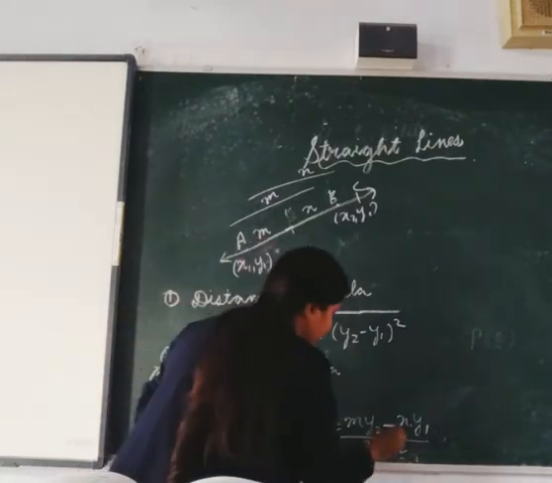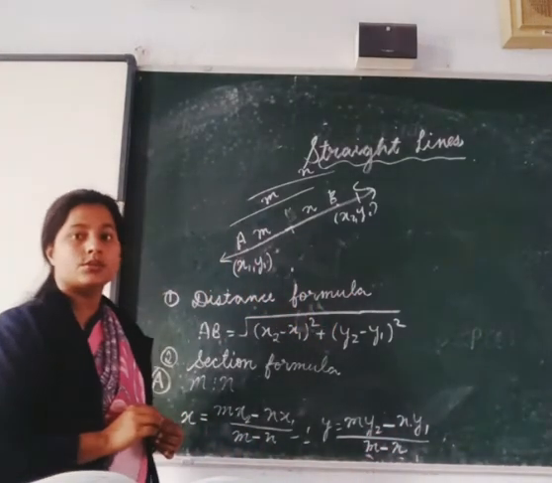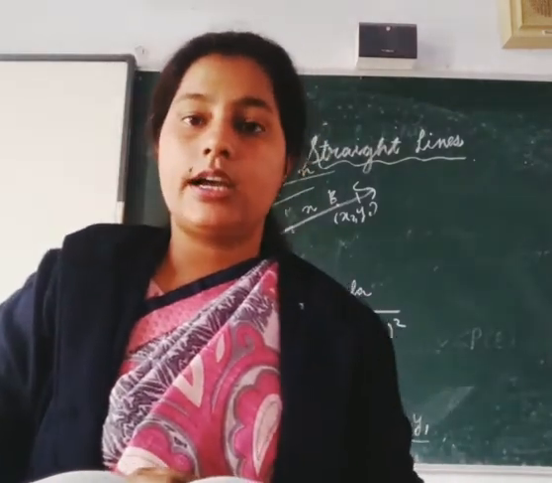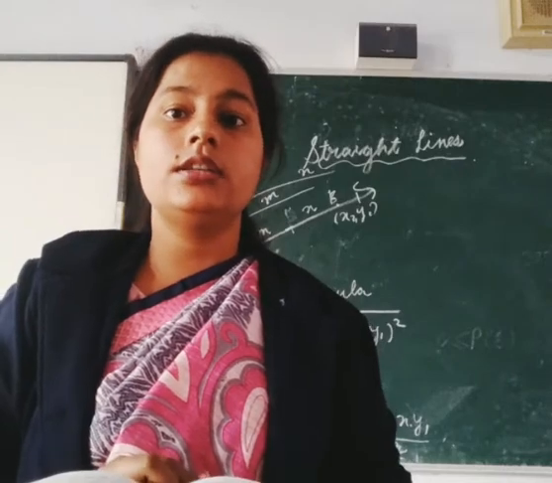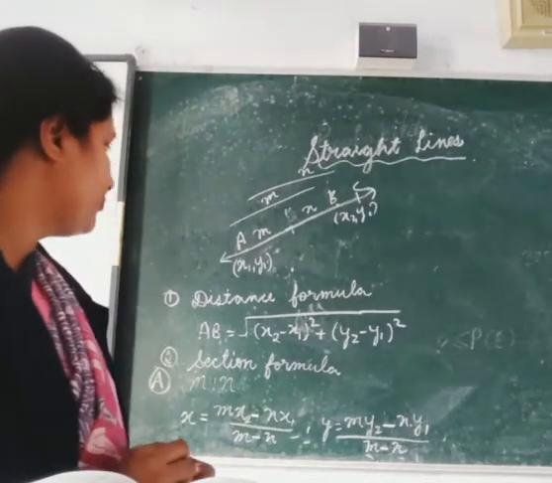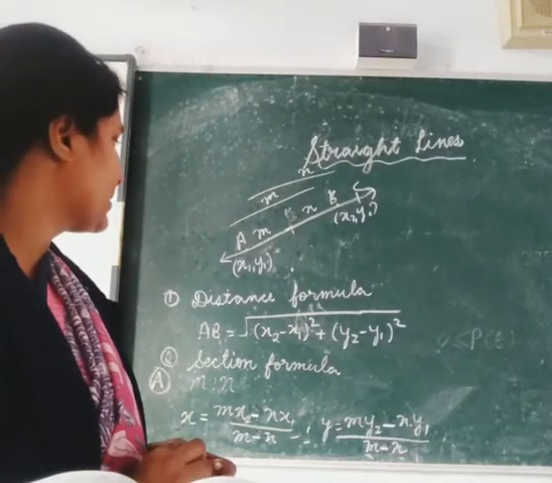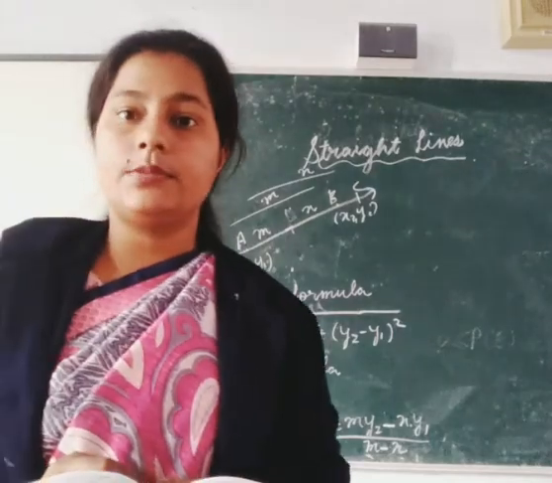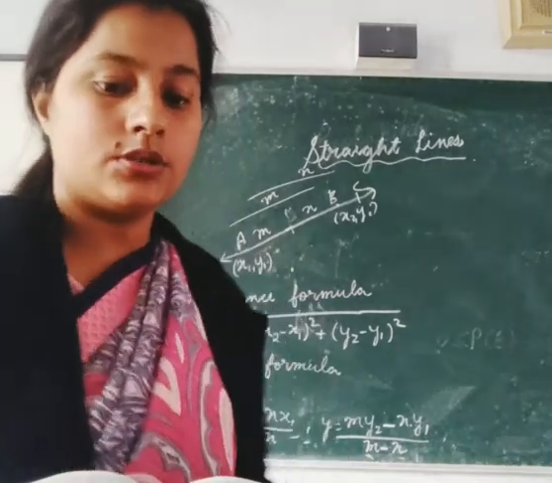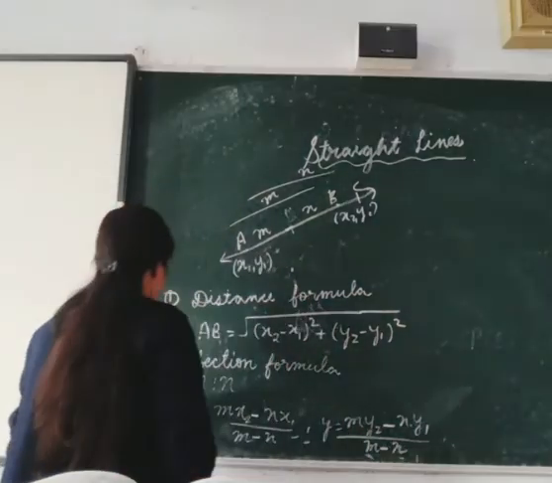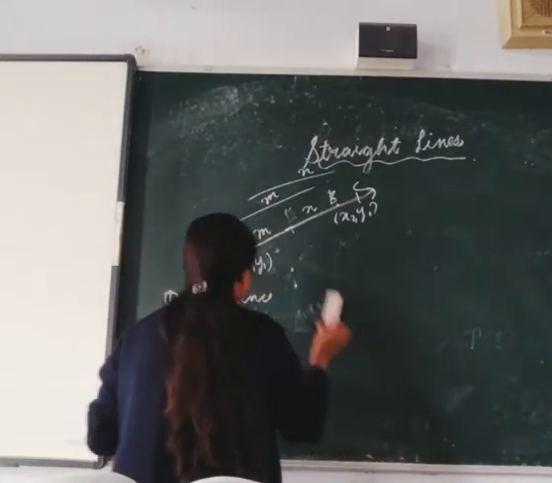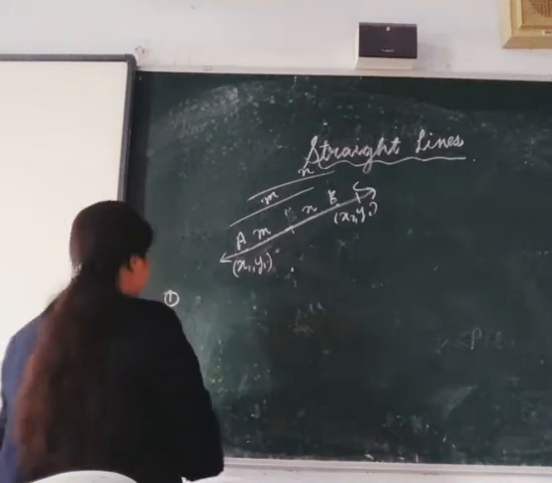The sign will become minus in these cases. So whenever we talk about internal division by a point, in this case that point is C and the ratio is m is to n, then the symbol that we have written here will be positive in between them, and if the point C divides it externally, then we have a negative sign in between as we have shown here. Then we have the midpoint of the line segment joining the points. So the third thing that we're going to see is how to find the midpoint. These are the basic terms that you must be aware of, so we're going to revise them.